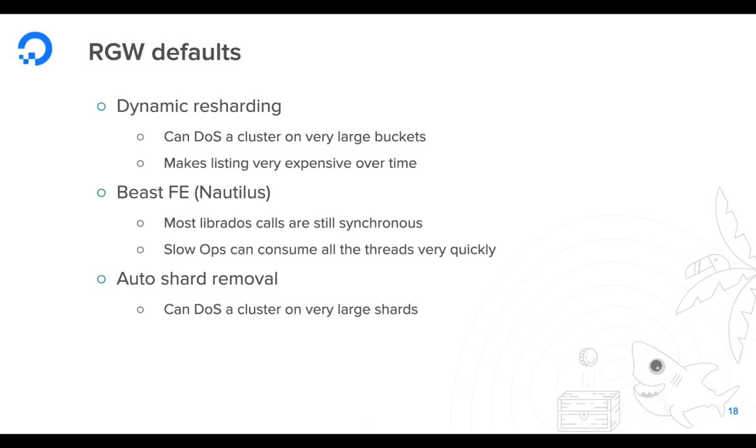Your clients, however, are going to time out and they are going to retry the request and retry and retry and retry and retry. And as they do that, they are going to take more and more threads on your Rados gateway until they possibly exhaust all the threads available, which means that no other request can go through to the cluster. So if you're using dynamic resharding and you plan on having very, very large buckets,